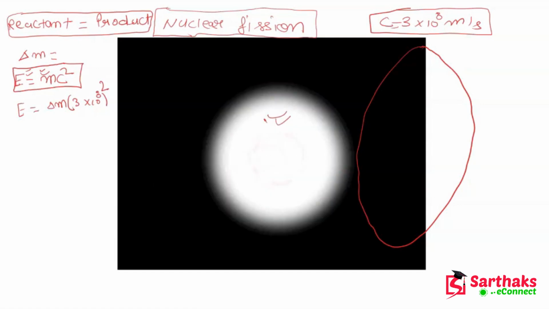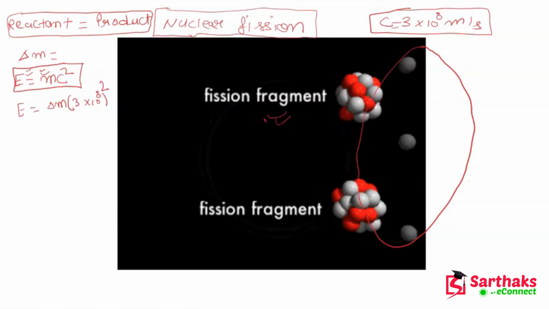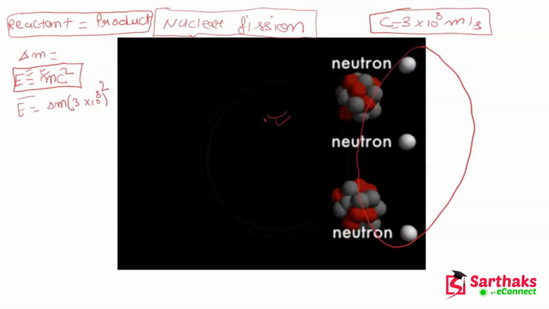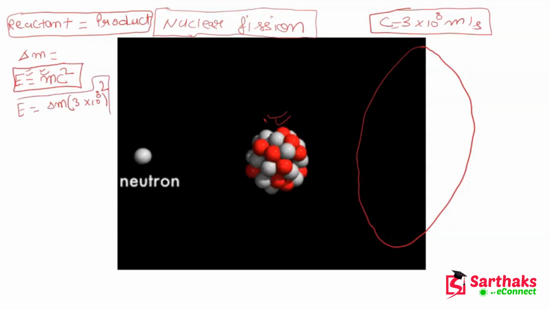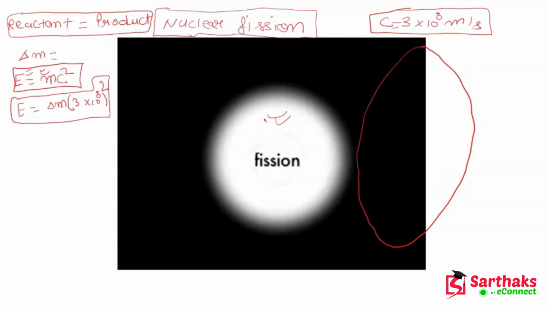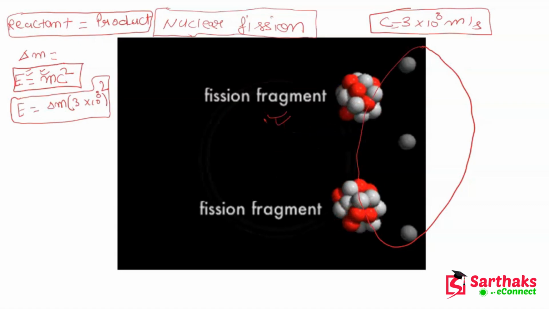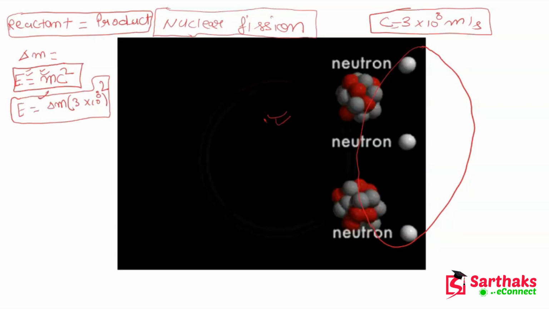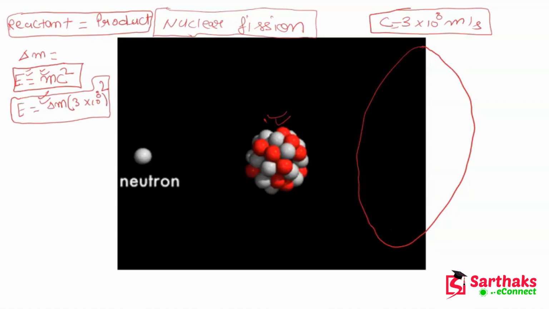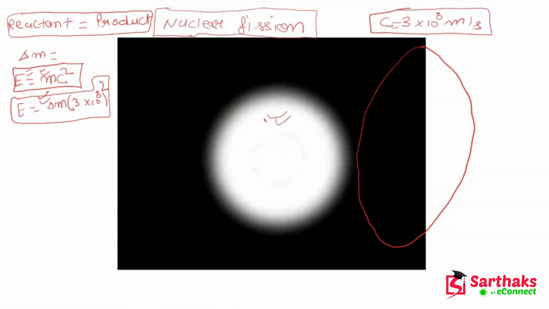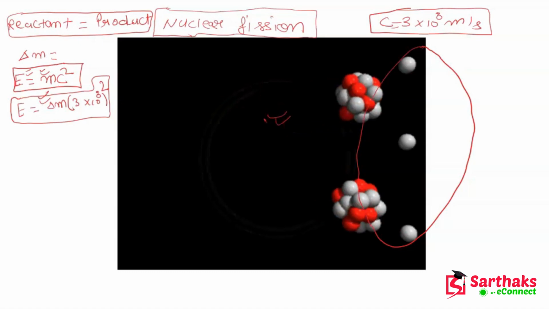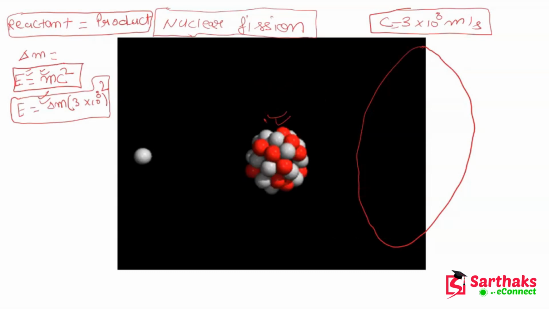So the energy will become very high. Even if a small amount of mass is destroyed, it is converted into such a high amount of energy. So that's why this is an advantage of the nuclear power plant. I hope guys these points are getting clear to you. Now let's move on to the next slide,